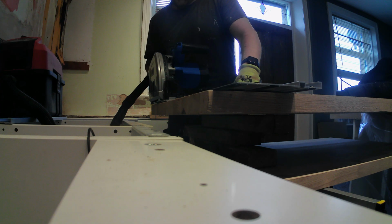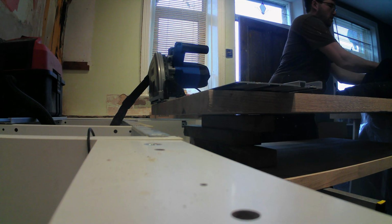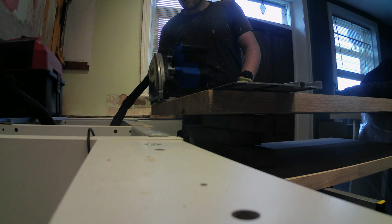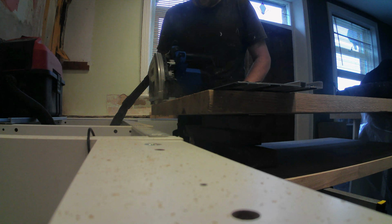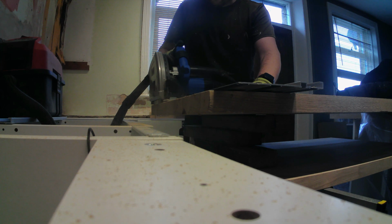I do think the track is a bit ropily made, so there might be other tracks available for you to run your track saw on. However, the saw did perform quite well. As you can see, I'm making sure I've got it all lined up nice and straight. I've got my little 12-inch rafter square, lining it up to square the end up,